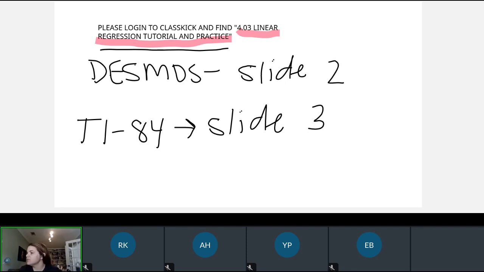RJ, your password for Classkick is going to be your student ID. Let me know if that doesn't work. I'm assuming you mean Classkick. Good job, Stormy. Okay, Desmos graph. How do you write it? Okay, so